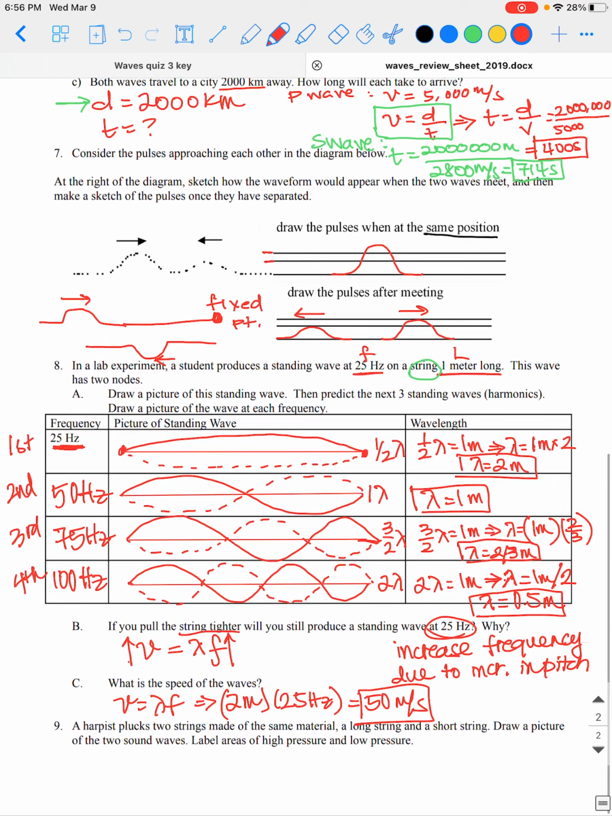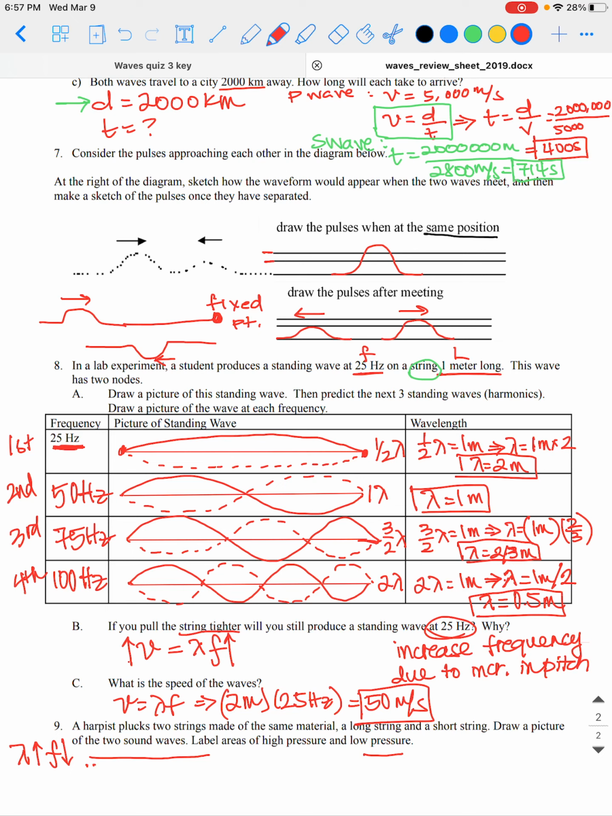A harpist plucks 2 strings made of the same material, a long string and a short string. Draw a picture of the 2 sound waves. Label areas of high and low pressure. So a long string and a short string basically mean that I can fit a longer wave into the string, especially in the first harmonic. And so if I have a longer wavelength, I have a lower frequency,